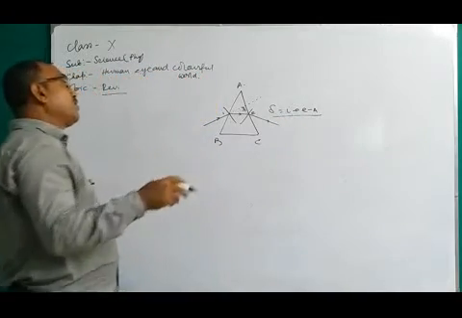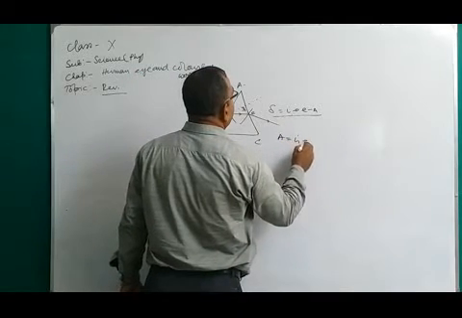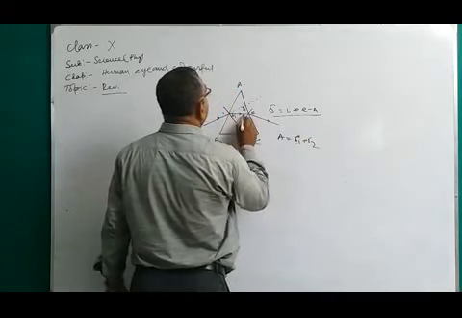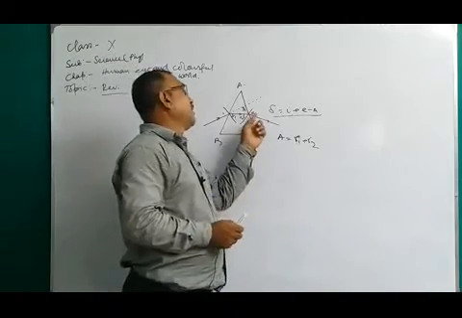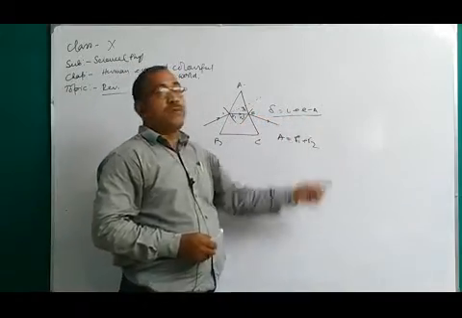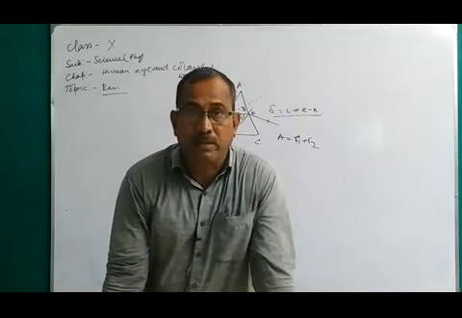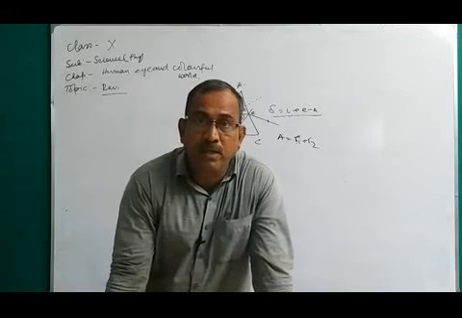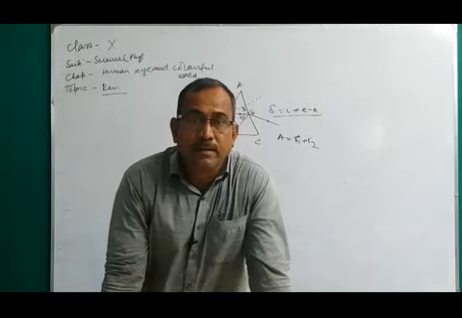This derivation is not in your syllabus, but you remember it. What is the value of A? A equals R1 plus R2. This is R1 and that is R2. Some students denote the emergent angle by I2, and then it is I1 plus I2 minus A. So this is the angle of deviation. You only need to know it. When the ray passes through the prism, the ray will deviate according to its wavelength.